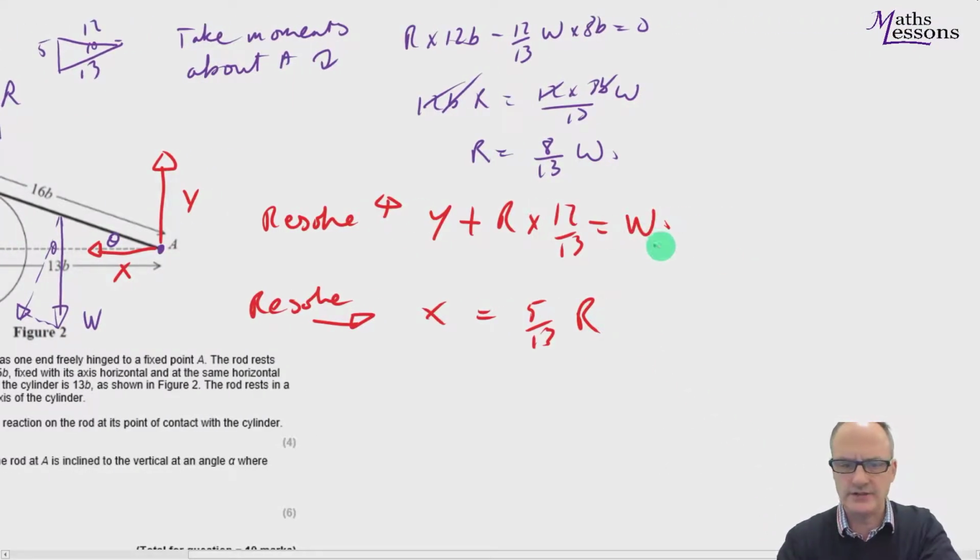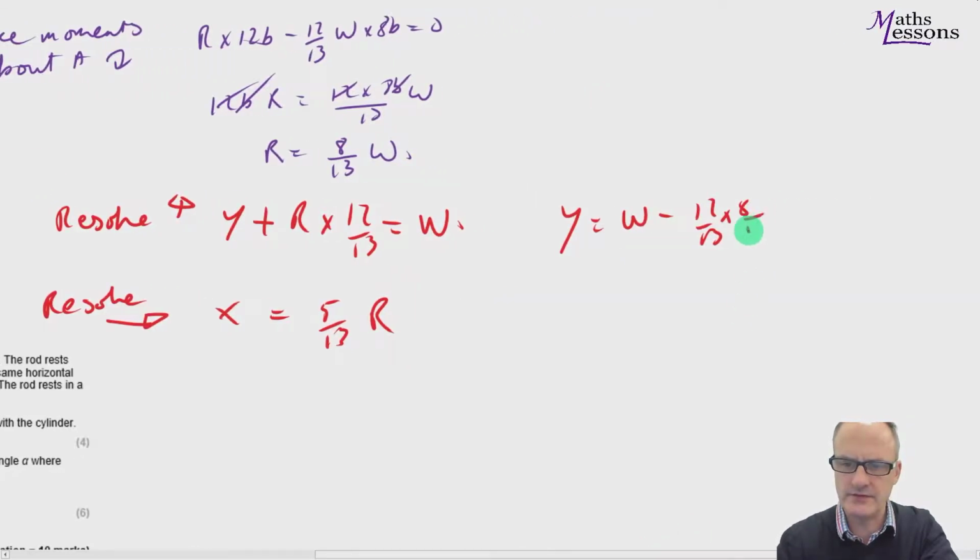So what we've got here is Y. Now, R we know is equal to 8 over 13 W. So we're going to have W minus 12 over 13 times 8 over 13 lots of W. So we're going to get W taken out, and we're going to get 1 minus